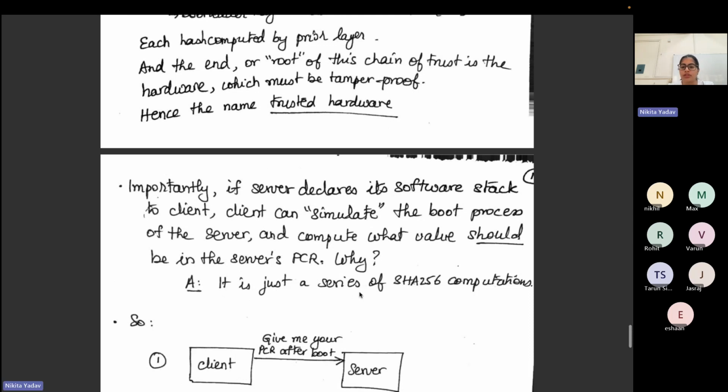That is because it is just a series of SHA-256 computations. Because these are just hash computations, it will be able to do so. And the starting point is 0, which is also the same for all the